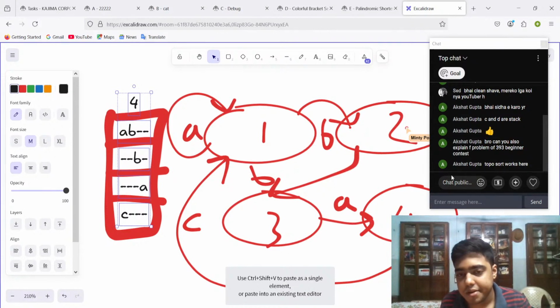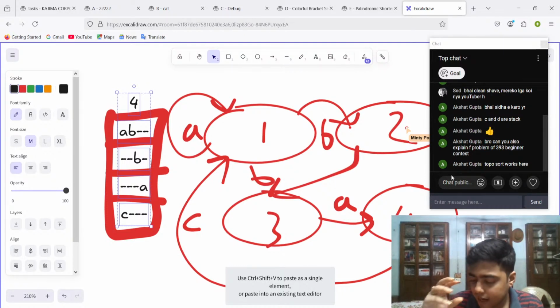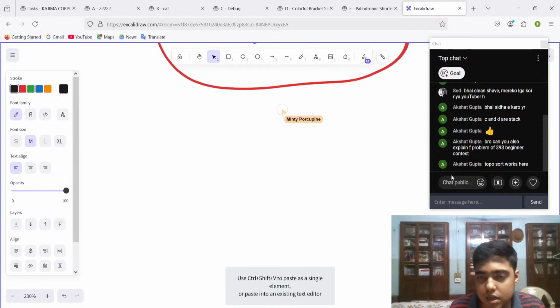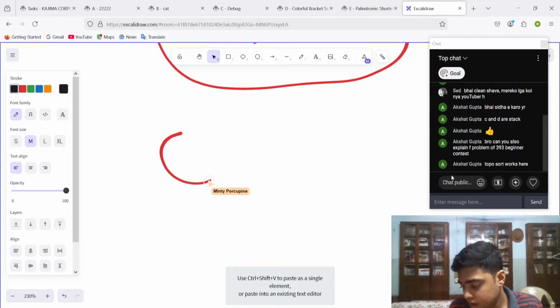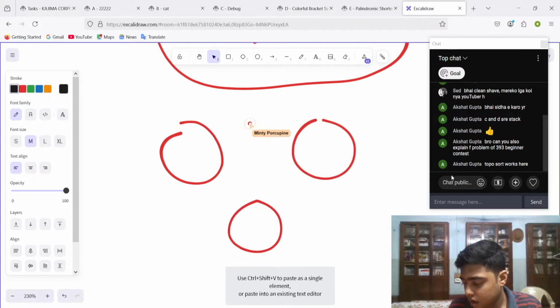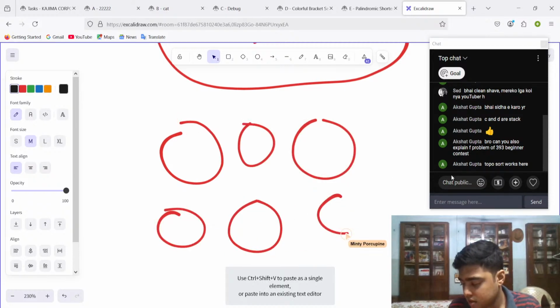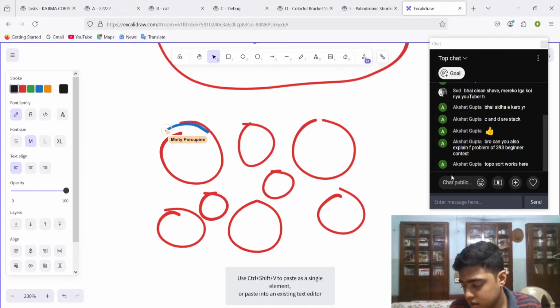Now since I know about this, I can tell you something, and I can even prove it to you. That is, if I find out the shortest distance between any two pairs,